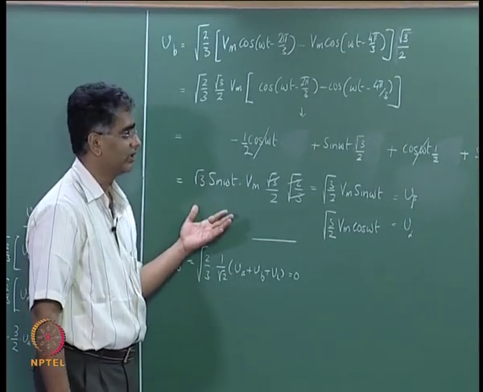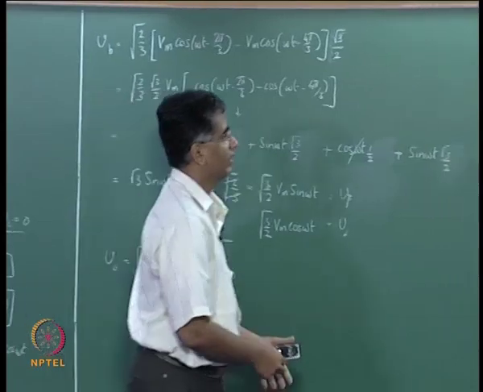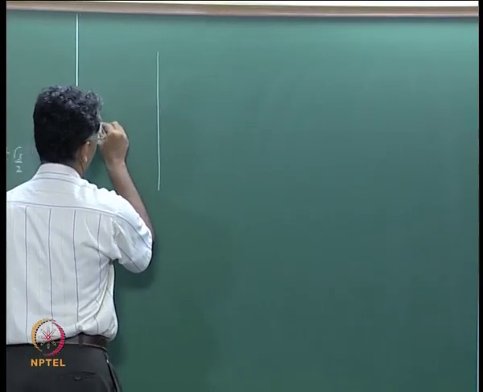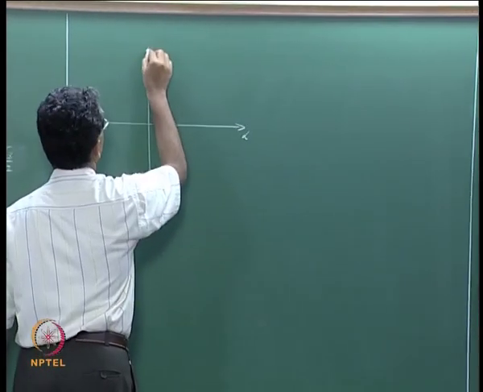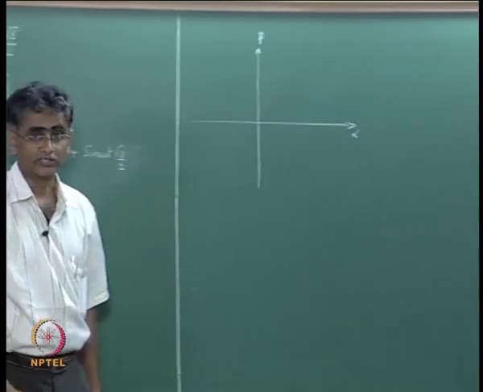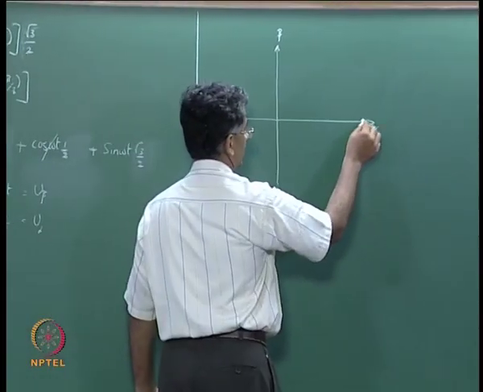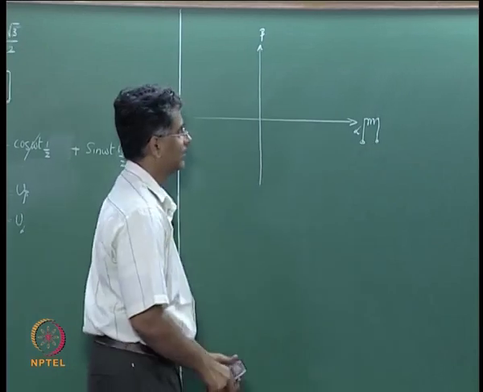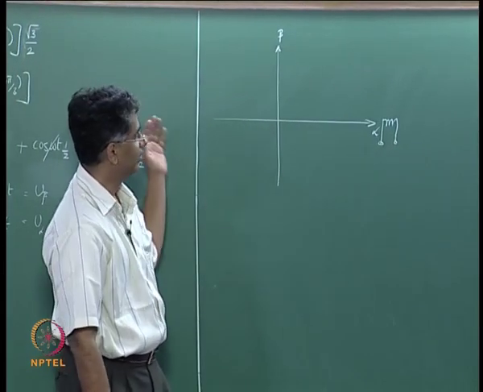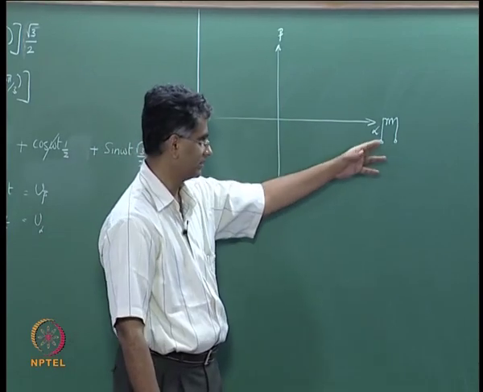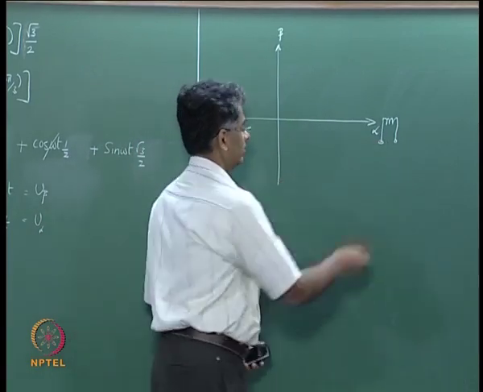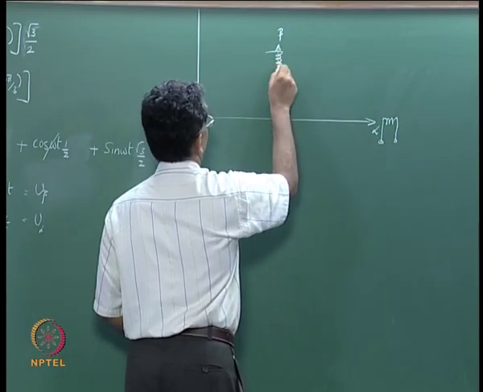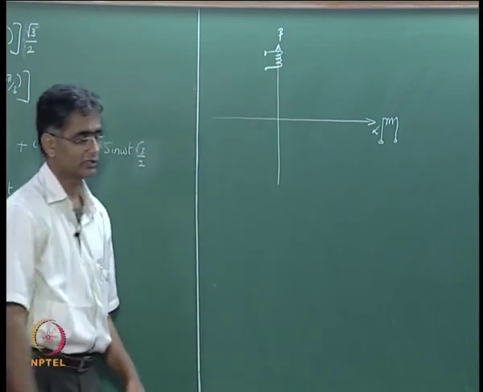So, how do we get the machine equation directly from the 2 phase case? Now, let us say that we have a 2 phase machine. In the 2 phase machine, what we have is the alpha axis and the beta axis for the stator. So, it means that you have a winding whose MMF axis is along the alpha axis. The symbolism to denote a winding whose MMF is along a particular axis is in this way. So, this is the alpha S, and then you have the beta winding for the stator which is producing MMF